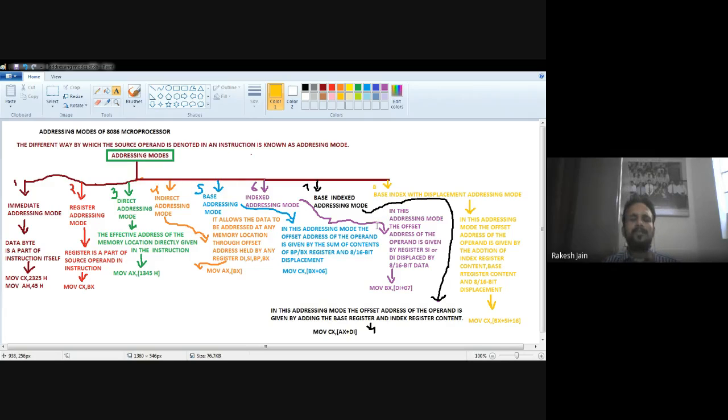Now, on the basis of the comparison which we completed 2 days before, what is the difference between the 8085 and 8086 microprocessor? We will now compare them in terms of addressing modes, but first let me repeat what we have already covered. The 8085 is an 8-bit microprocessor, but the 8086 is a 16-bit microprocessor. The 8085 has an 8-bit data bus and a 16-bit address bus, but the 8086 has a 16-bit data bus and a 20-bit address bus.